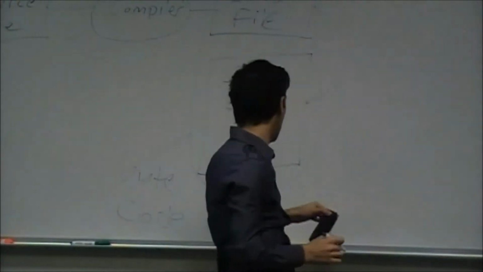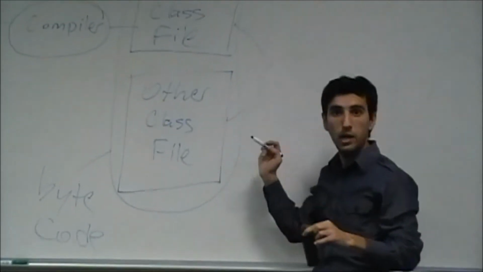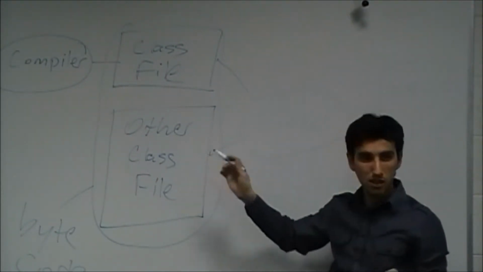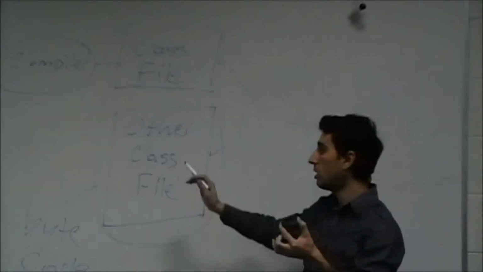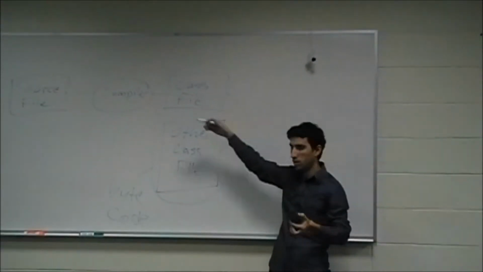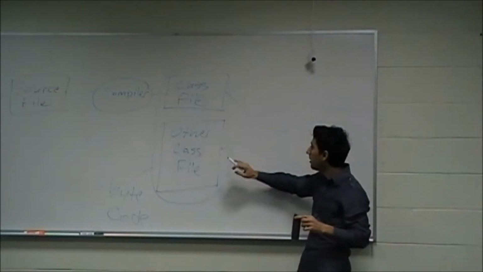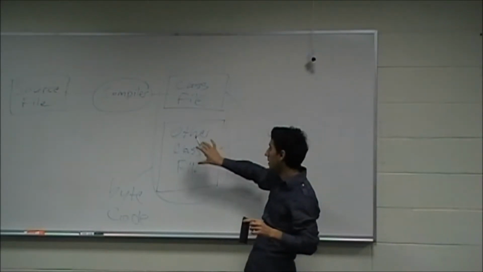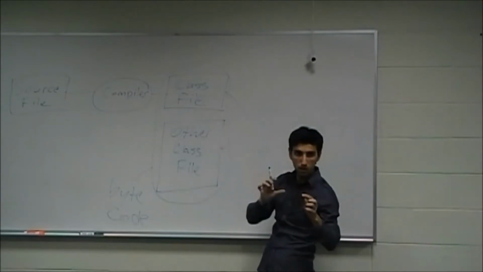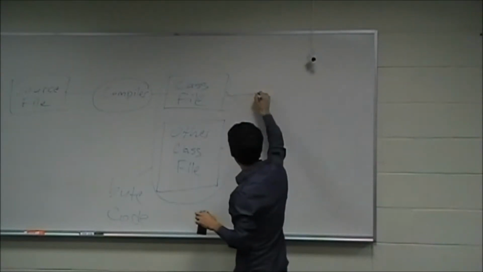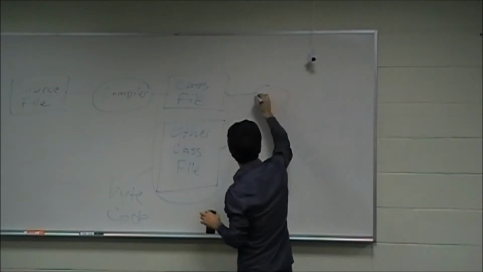Sometimes this is also called the bytecode. This is not 0 and 1, but this is also not the language that humans understand. This is an intermediate language. There are some humans who understand this language and deal with all the core parts of Java, but we're not going to go into that part. So this is an intermediate language that's not really zeros and ones, but also not the language that humans understand, something in the middle. And these link together